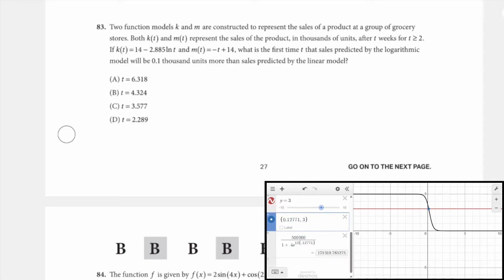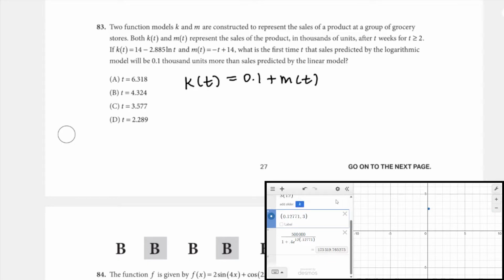So when will the logarithmic model, which is K, be 0.1 more than the linear model? And so that's the equation I'm trying to solve. And so I'm going to just kind of clear out everything and say, right,